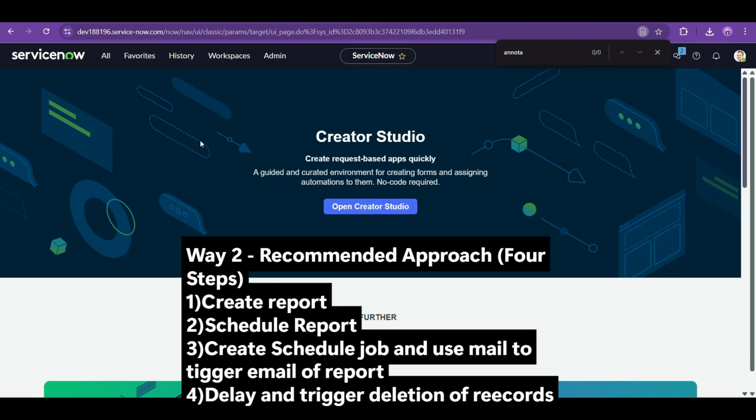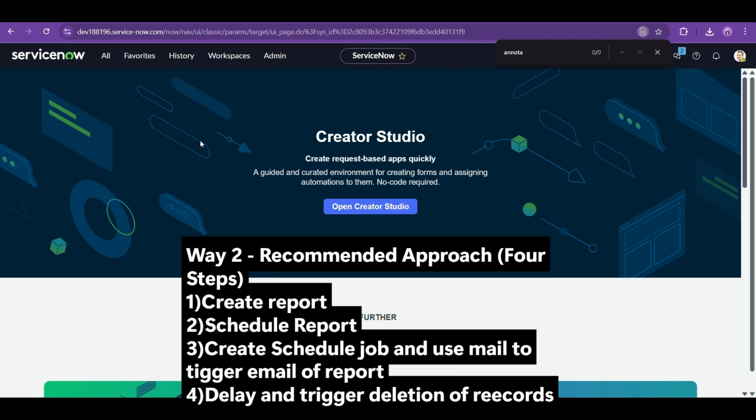Okay, so we are going to create a report. First of all, we'll create a report which will be a list type of report. So basically it will have the list of incidents which we are going to clear up. Second, we will be scheduling that report, which means we will add users and groups, email addresses, or whoever we want to send it to. There will be a subject, and the excel attachment I want to send. So the type of attachment I will choose as excel.